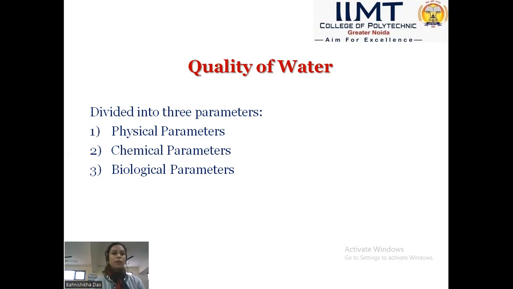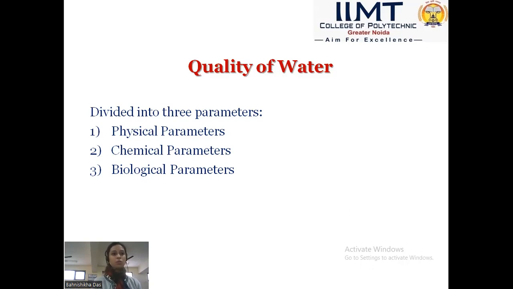See, before supplying the water to various houses from these sources, the water needs to be assessed first, right? The water is actually treated based on the quality of water only. So before treatment of the water, we need to first assess its quality. And based on the quality, we may not even require to treat the water. If we do require to treat the water, then the degree of the treatment will depend upon the quality of water.